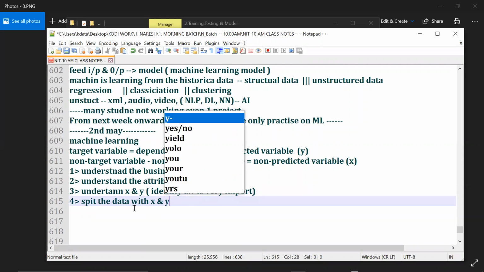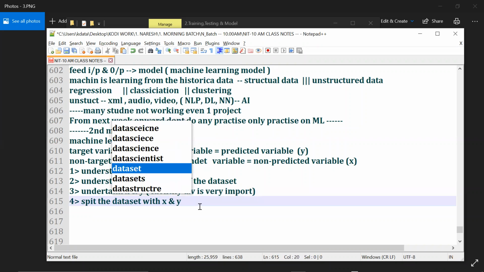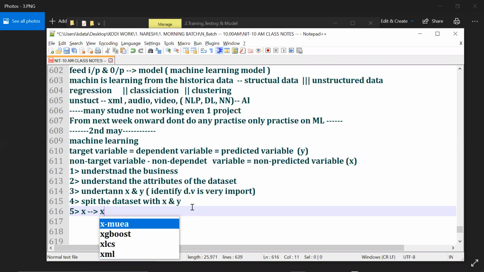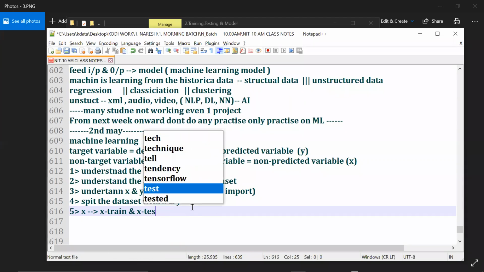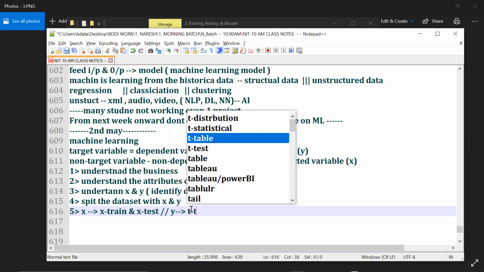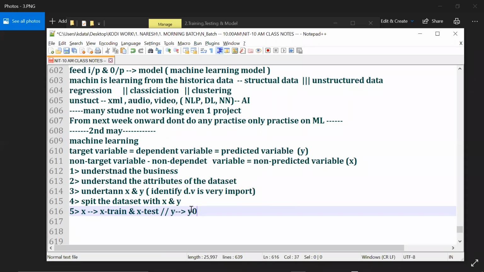Split the data set into X and Y means independent and dependent variables. After you split the data, the next step is to split X into X train and X test, and Y into Y train and Y test.